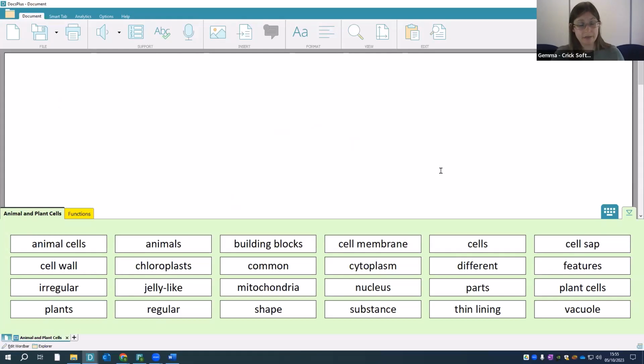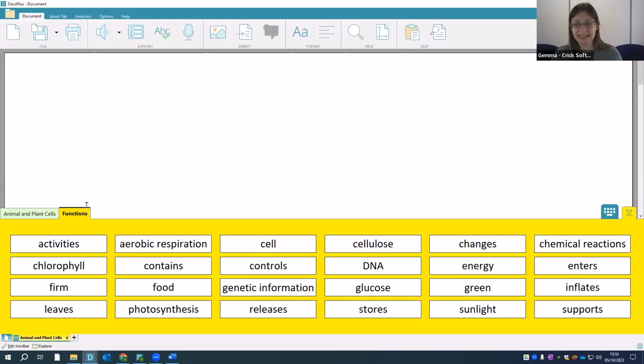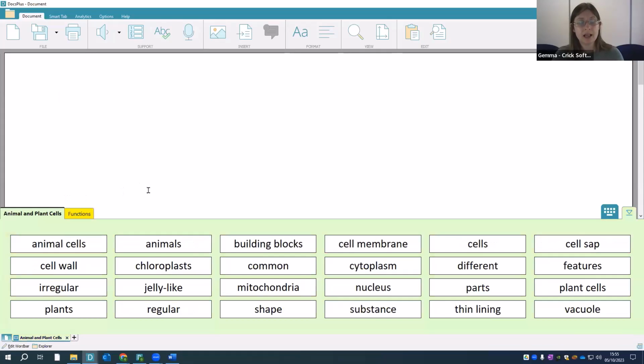So here now I've got some key vocabulary for writing about the differences between animal and plant cells and their different features. So I've got lots of really great key vocabulary here. And I've got a functions tab just here, which if I select it, gives me vocabulary for writing about the functions of those different features. I can then click any of the words in the word bar to add them into my document to support